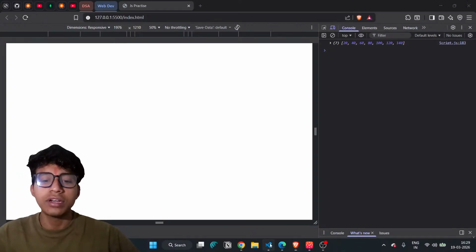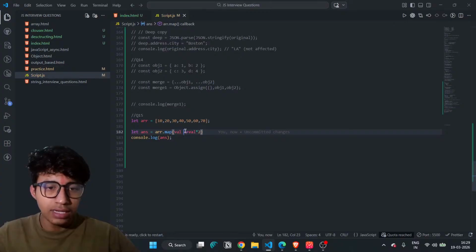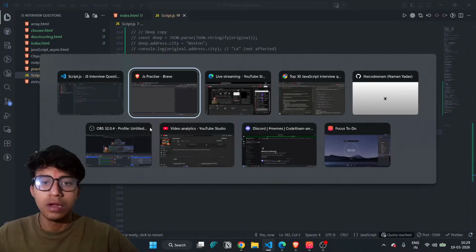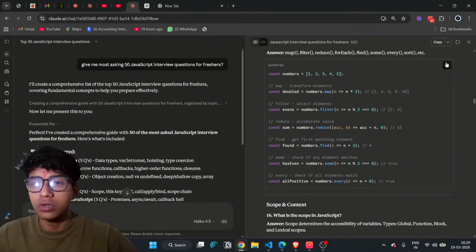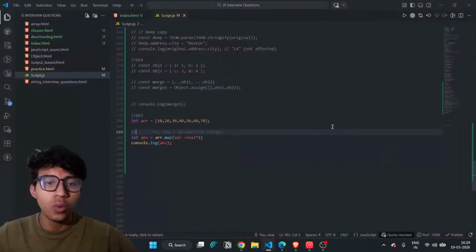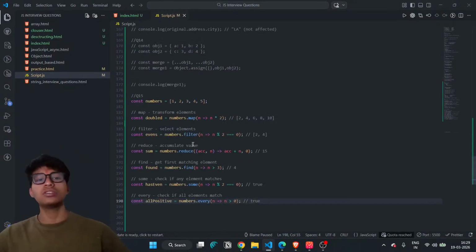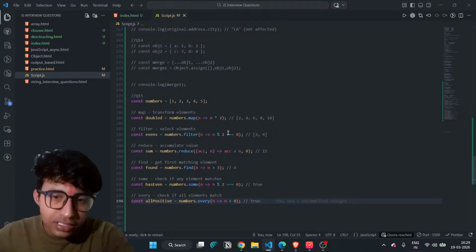Okay, and here is an array, and we will transform each element of the array. I simply copy that code, because if we do it one by one, it will take so much time. So I simply remove this, paste this code, and now just understand what will happen.